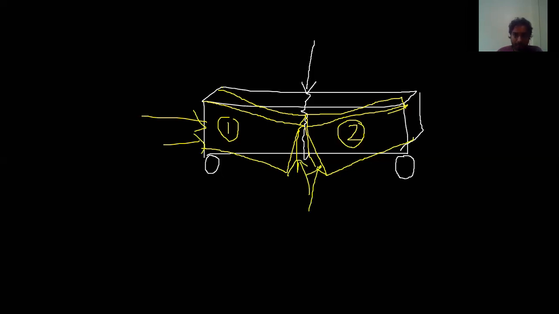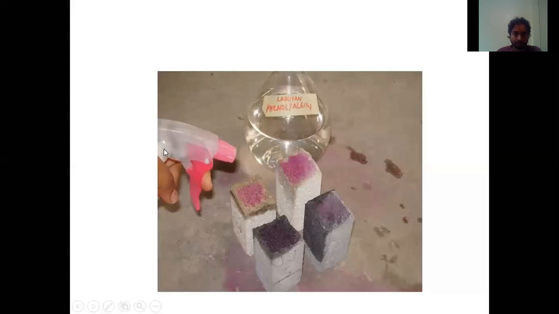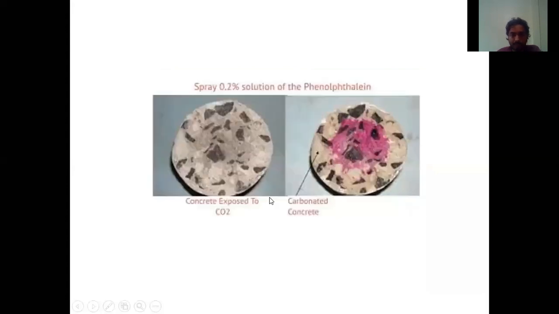Okay, you can see here we have sprayed at these two junctions. After spraying the 1% or 2% phenolphthalein solution, this is what it looks like before the test, and this is what it looks like after the test. We have seen that there is some pink color formed at the center of it, and the colorless region is formed at the outskirt of it.